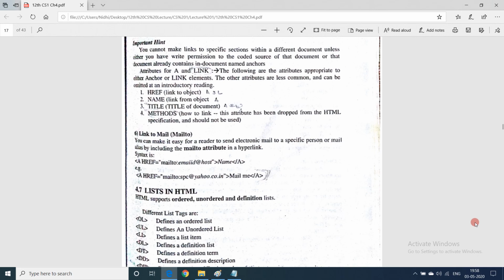List can be an ordered list or unordered list. Ordered list means which are in numbered form, alphabetically, which are sequenced, that is ordered list. Unordered list uses bullets to list items. So how to create lists, that we will be learning in this topic